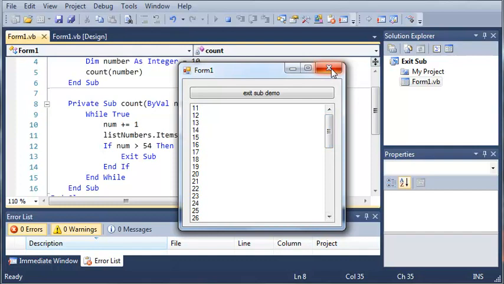Now you can also use this with a function. So you can create a couple subs or functions, and you don't have to use a loop in them. You can do whatever you want. Practice exiting the subs based on a certain condition, and once you've got that down and you're not going to forget it,